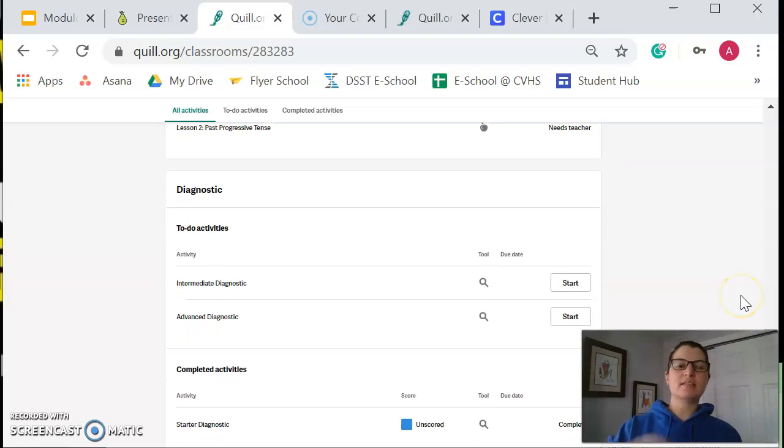Okay, this is step 2 of this module. You are going to select one of the 3 diagnostics that show up here. Starter is easier, intermediate is a little bit harder, and the advanced is the hardest. You are deciding which level you want to use. Once you complete that diagnostic, I will be able to see how you did, and I will assign you 2